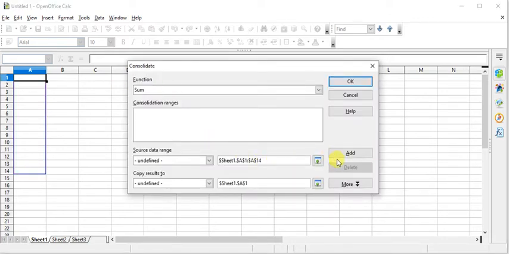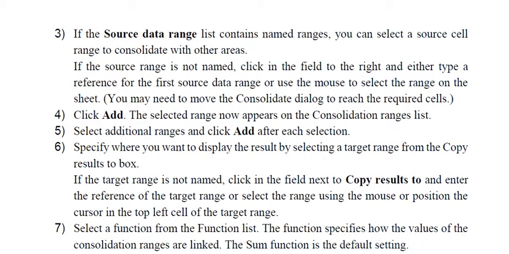Okay, and you can just add it to this, and this will be added. Okay, so you have clicked add. The selected range will now appear in the consolidation range list. Okay, so you can add as many ranges as you want.